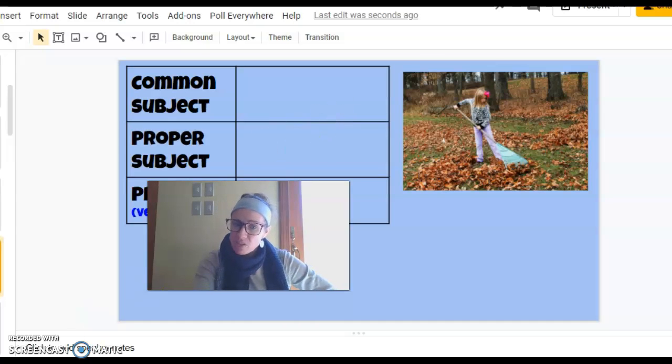I should mention, we haven't talked about predicates yet. That's on here. If you want to take this to the next level, teachers, you can have your class pick one of the subjects and then put it in a sentence. So if I said Lily, and what is she doing? The verb, the action is raking. I could write on my whiteboard, Lily is raking. And then I could draw my sentence frame over it and underline my subject. That's how we mark subjects. We underline them. Those are some options of how to practice.